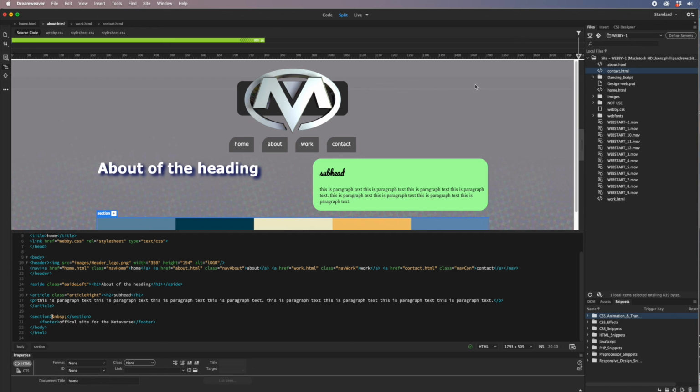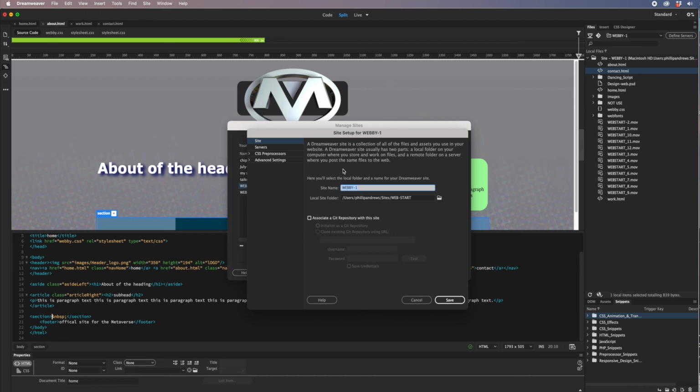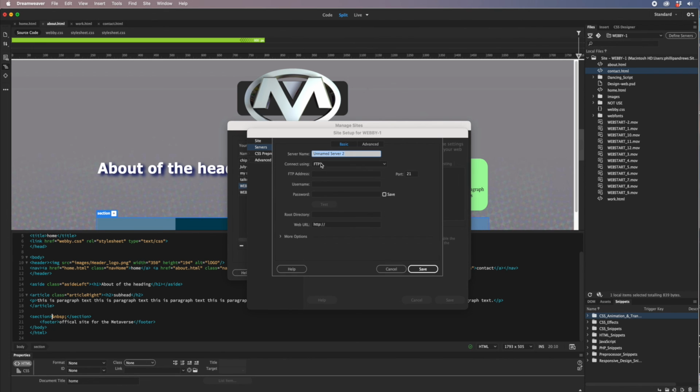So nonetheless, how do we do that? Well, I'm just going to come into my site here, and I'm just going to go to manage my sites. The one that I was using is just this webby one here, and I'm going to click on just this edit button, and this is where it comes up. This is how I link up the site initially to get all the structure in here. Then I'm just going to go to servers, and now I can just add a server in here and fill this out. The server name, and this will be supplied to you, what you need to do, FTP, file transfer protocol, and the address you need, normally port 21, the username, whatever your name is using, along with the password,